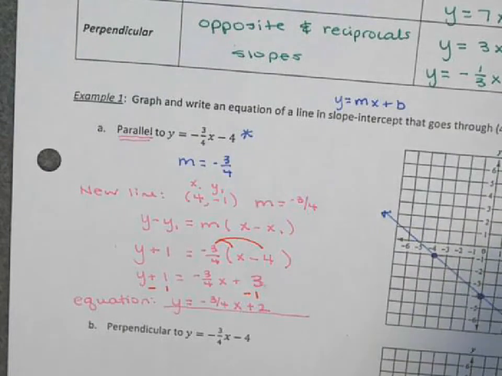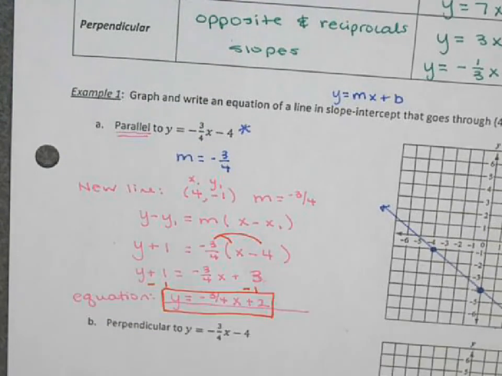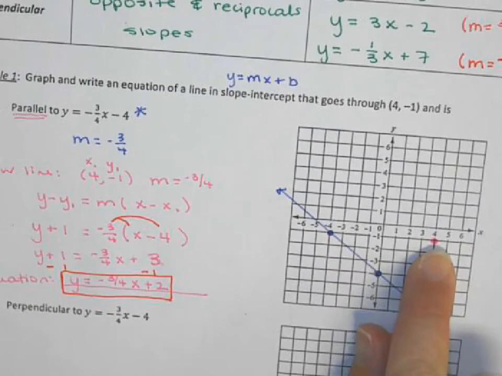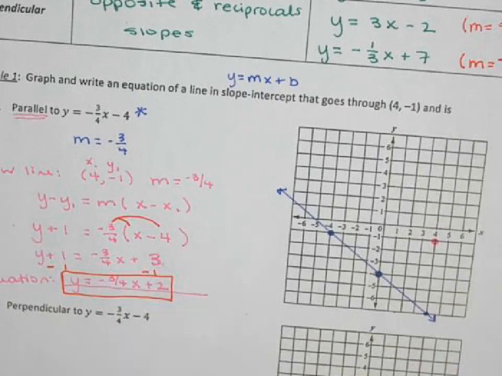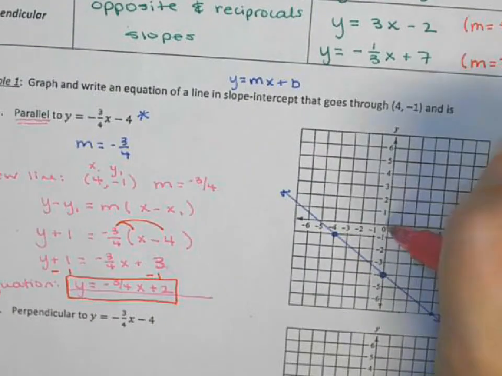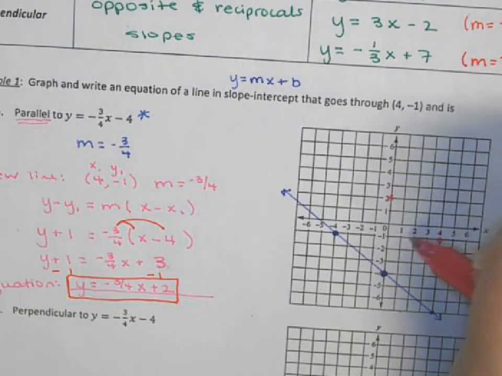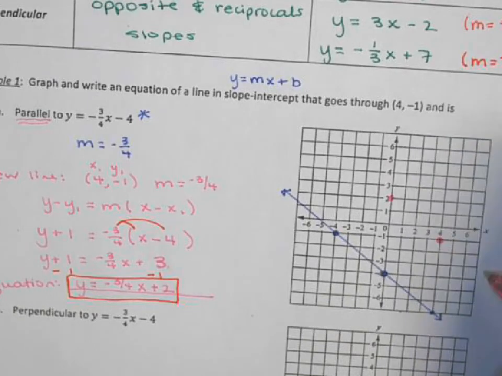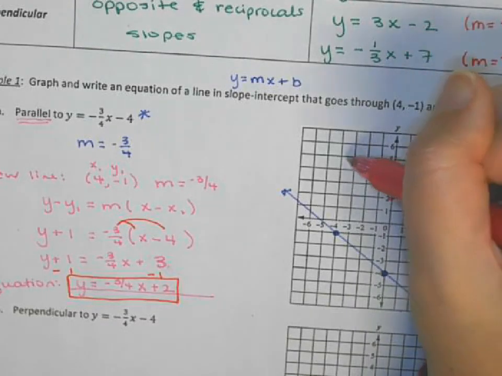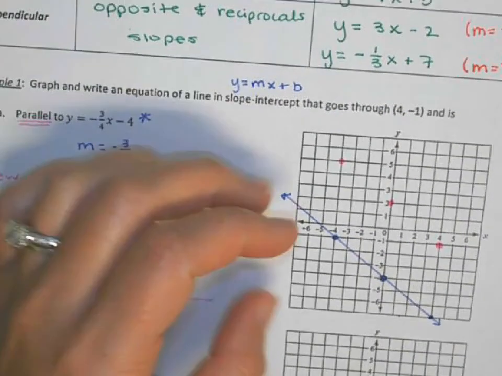Now that should be the answer. But let's graph it and make sure that it goes through that point that we talked about, and that it has the right slope and the right y-intercept, which makes sure all this stuff matches up. So 0, 2. My slope says to go down 3, right 4. Oh, there I go. I hit that point. And when you connect it,